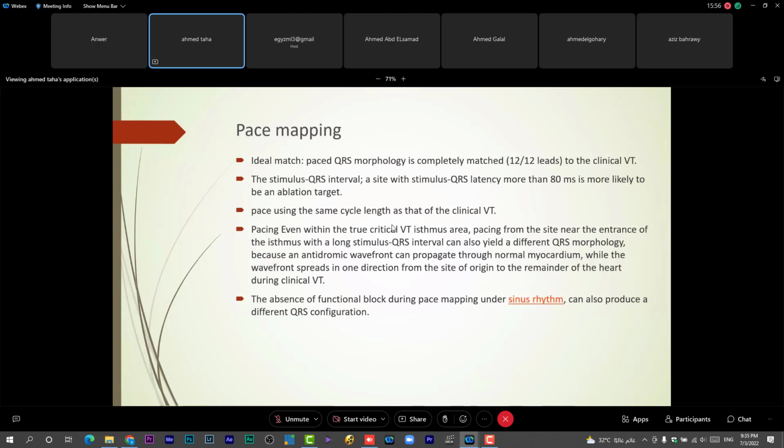So it should also be a line of the ablation site. But you need to be more accurate about whether it is a different site from the clinical VT or not. Because pacing itself can give you different morphology, for example 11 by 12 or 10 by 12, and can be part of the circuit itself. So if you are not getting the ideal match, this means it's not a good site for ablation. No, it can be a site of ablation, but just evaluate how much it is comparable to the clinically documented